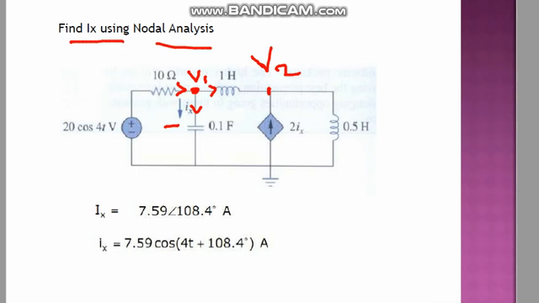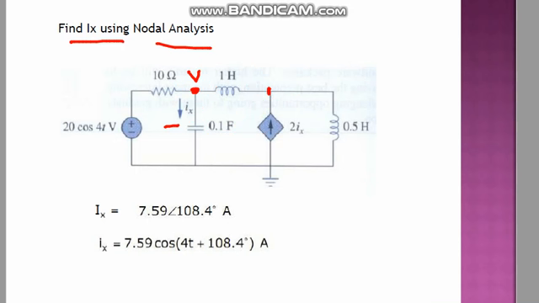Just analyze it with nodal analysis, as you know, similar to here. There are two currents entering in this direction, and the third one is outgoing. So you can find the two nodes, and then you can calculate Ix from here. Ix means V1 divided by 0.1 farad. So first you have to find V1, then divide by the ohms that you found from here, and then you can find all the equations from here and find the current.